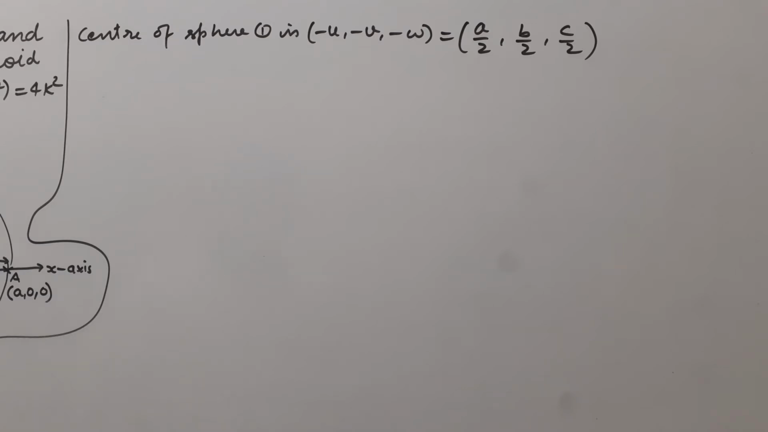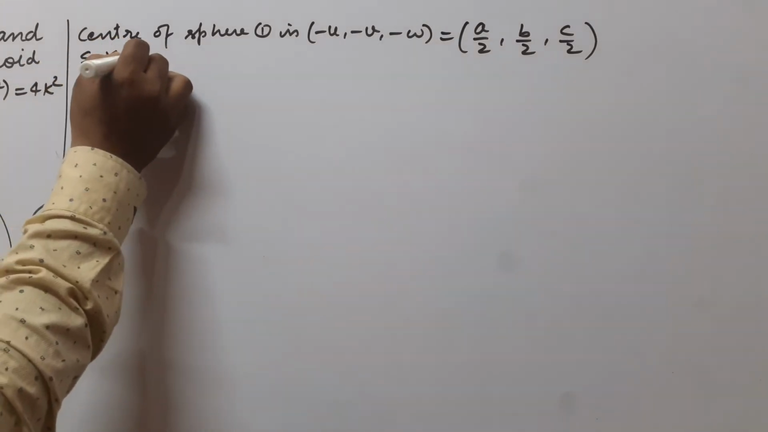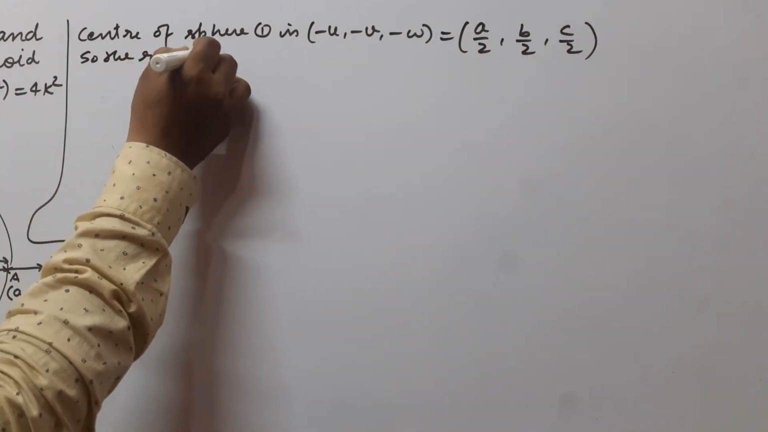So the center of sphere 1 is a by 2, b by 2 and c by 2. Now we put here the values of u, v, w in the above equation, we find the sphere which is passing through the point O and meets the axes in A, B, C. So the required sphere